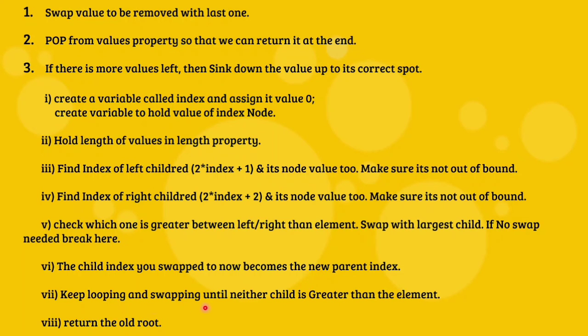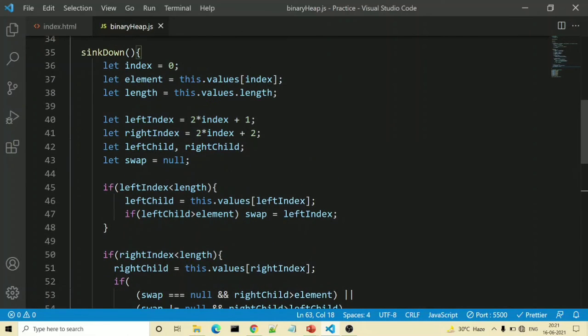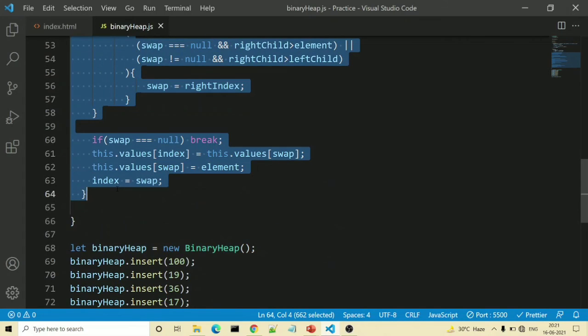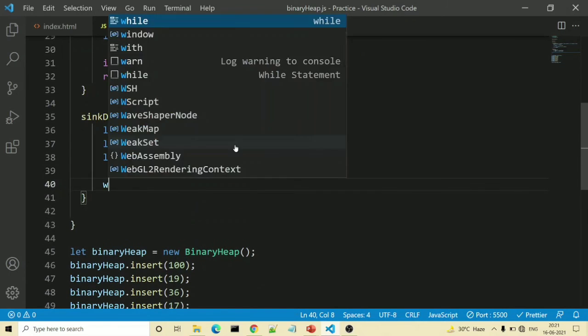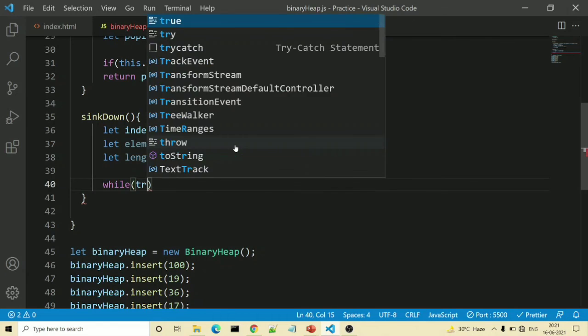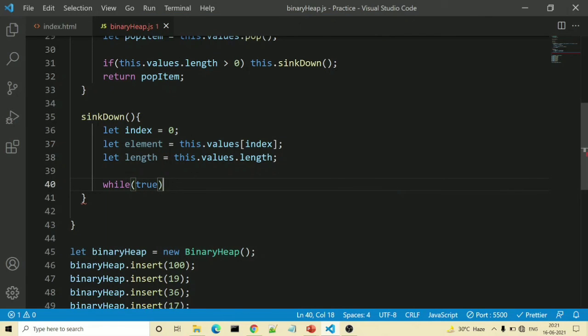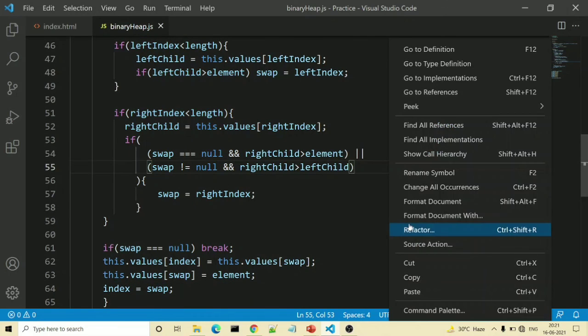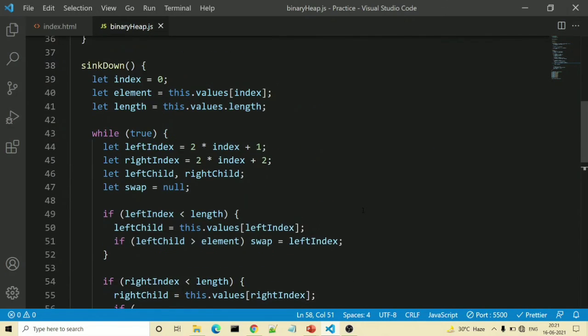And keep looping and swapping until neither child is greater than the child element. So actually our code starting from here, the left index will come inside a while loop. So we will place it inside a while loop. Control X. Now we will write while true condition, and there control V, and we will properly format our document.